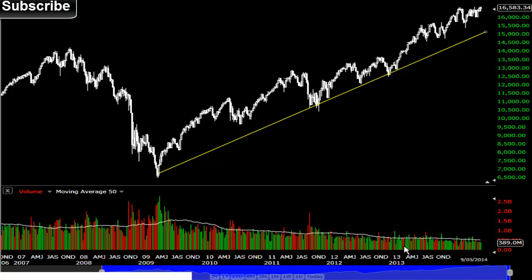In a big bull market, we need volume to keep that up. Now, this market continues to rise. I'm not saying it's not, but hey, isn't that something just to keep an eye on? I'm not saying start to go short this market, but what I am saying, and this is just a fundamental thing about the market, for this market to keep going up,